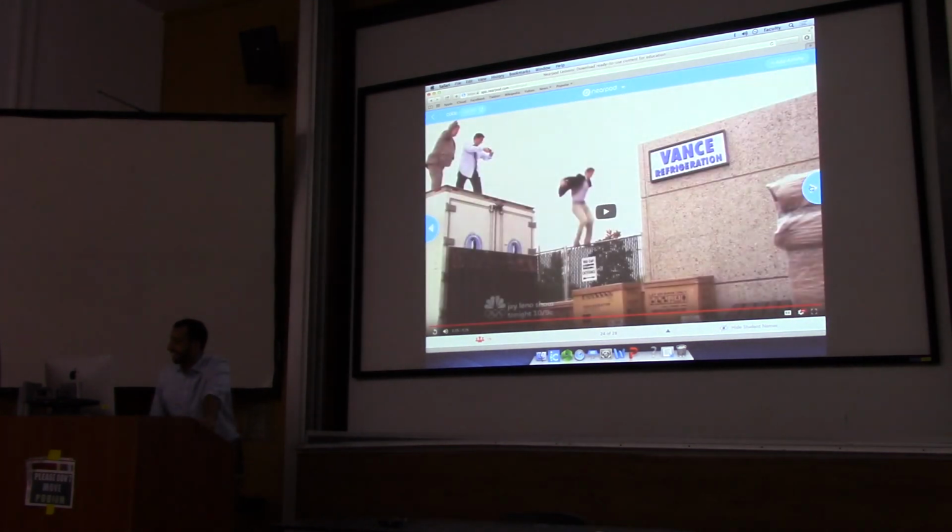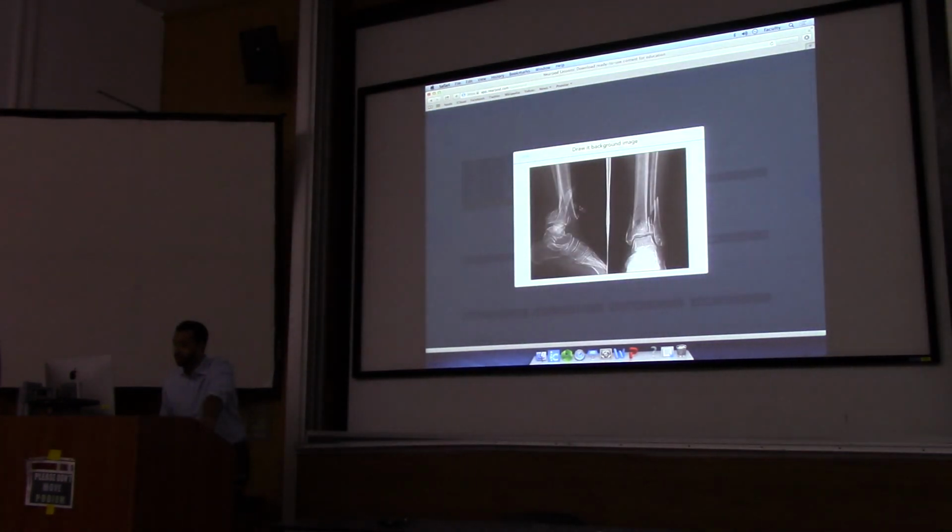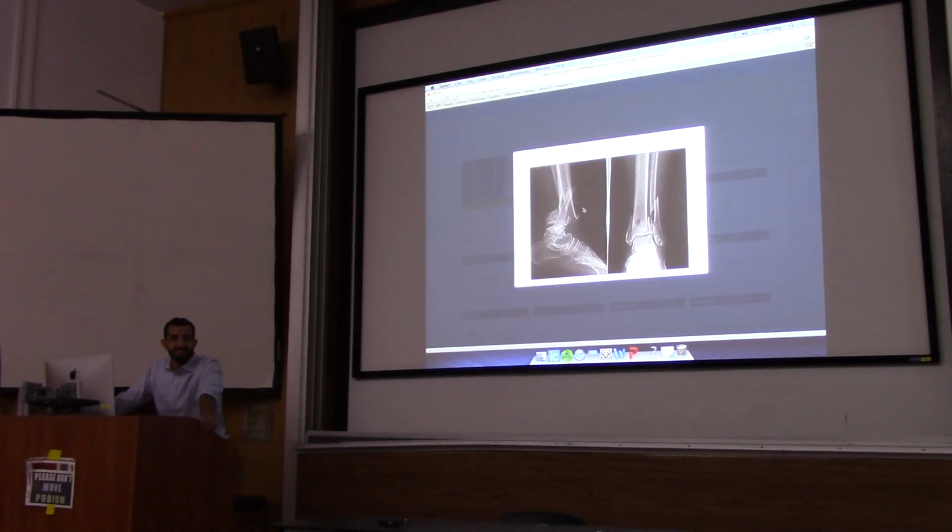So if you think of the mechanism, fall from height, can you draw where the fracture is? So this is pretty straightforward actually. There's a fracture all over the place. This is called a pilon fracture. It's pretty much a severe fracture due to a fall from height. It involves the breaking of the actual